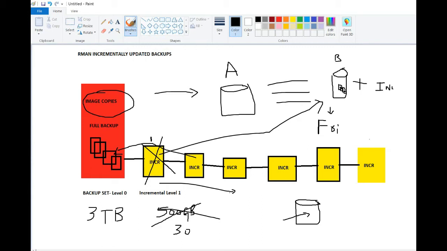I do not want this automated feature of applying the incremental backups as soon as the incremental backup is taken. Those changes you can still keep separately in the backup piece. Okay, so we'll explore this first option in today's video. We can go more into this incrementally updated backups feature in the coming videos, but for now we'll take it step by step.